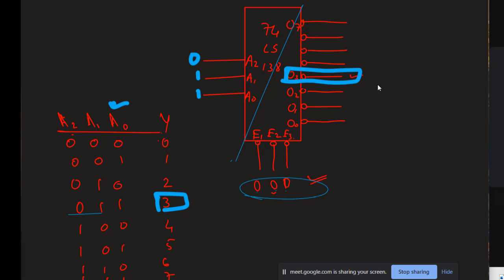Your third input, second input, apart from the normal input, your other input should be active, and active means in this case it is active low. So to activate this I must give 0. If I remove the bubble from here, the bubble that I am rubbing with the white, if that bubble is not there, suppose, then those inputs become active high, and in that case to activate the device I will have to give 1. That means only when all three have 1, my device will be active.